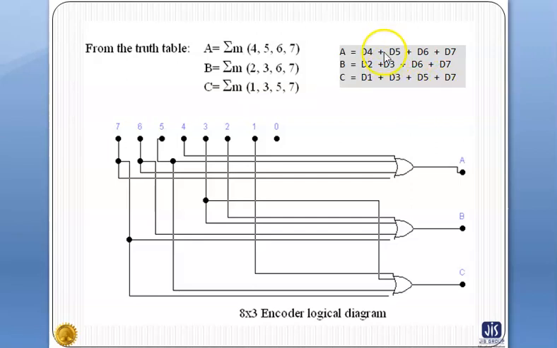Now if we implement these equations, there are 8 input lines D0 to D7 and three 4-input OR gates, and according to the Boolean functions, the input lines are connected to these outputs. We will get A, B, C, the 3 output lines.